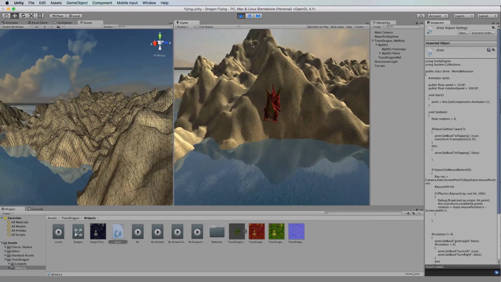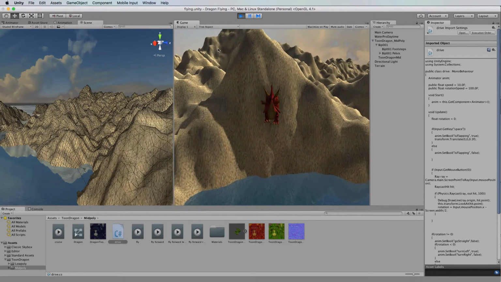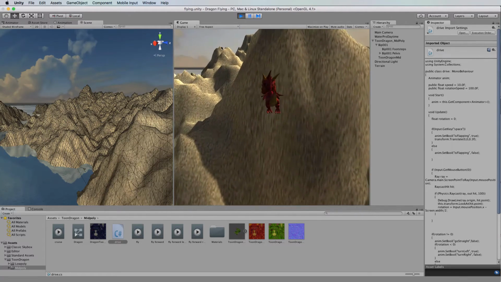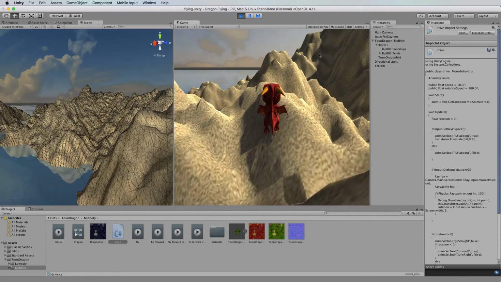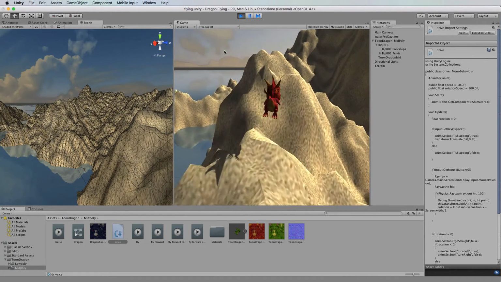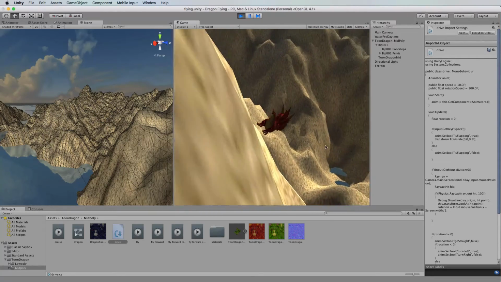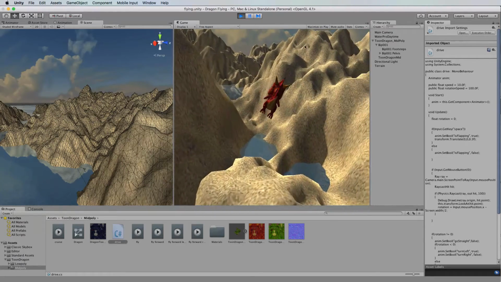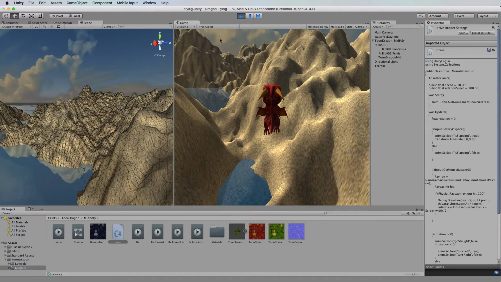Now sometimes you might hit a very far away part of the environment that the raycast isn't hitting, and therefore it has no effect, because a raycast usually only goes for a certain distance. And in this case, the other thing we've got is that the sky, the mouse clicking on the sky is not going to do anything for us because there's nothing to collide with. So we need to add a little bit of a trick within there to make that mouse collide anywhere